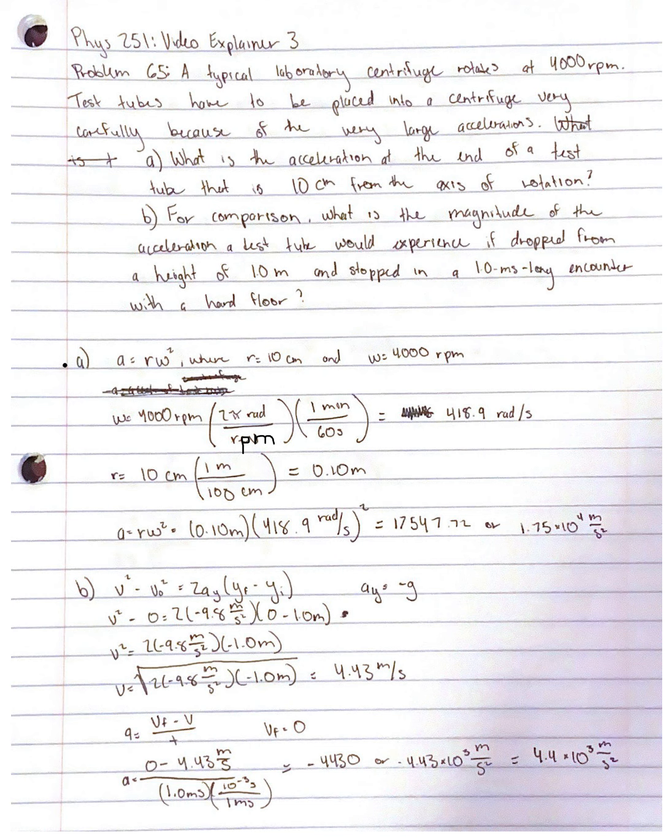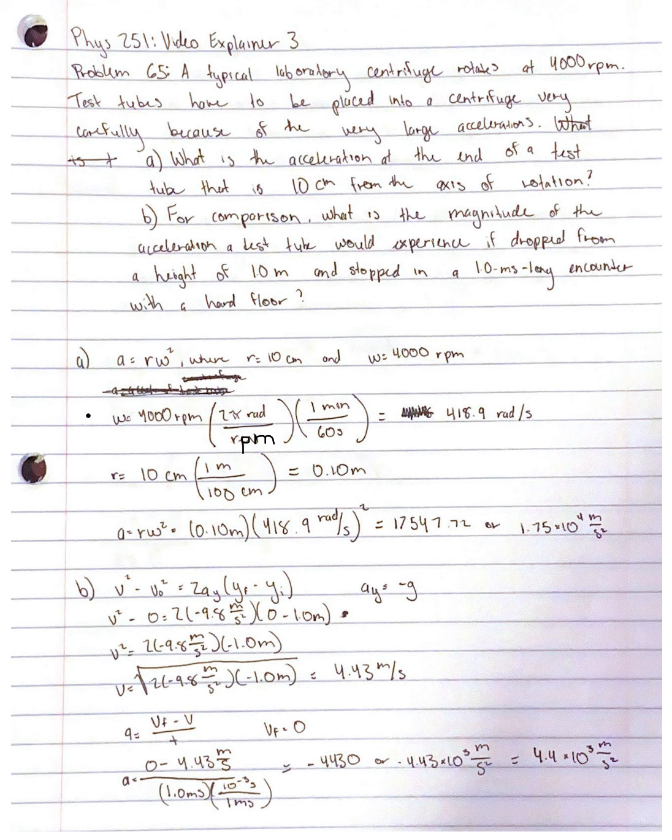So, to solve for part A, we will use this acceleration function, where a is equal to our acceleration, r will be our distance, and ω will be the angular speed. So, to solve for the acceleration of the test tube, we need to convert our angular speed and our distance